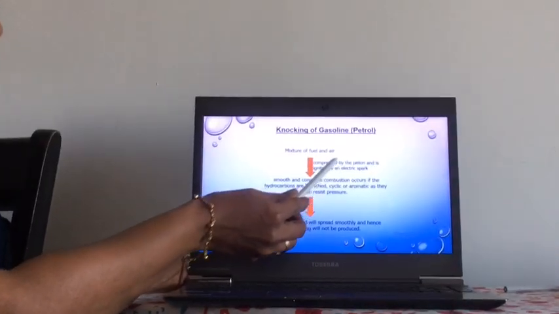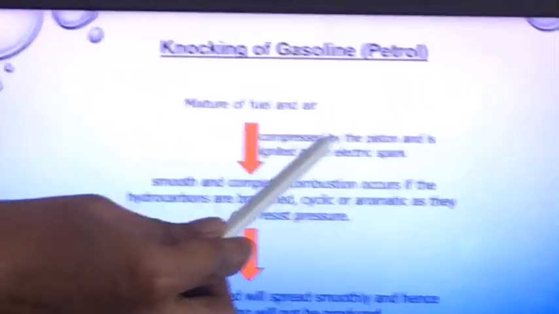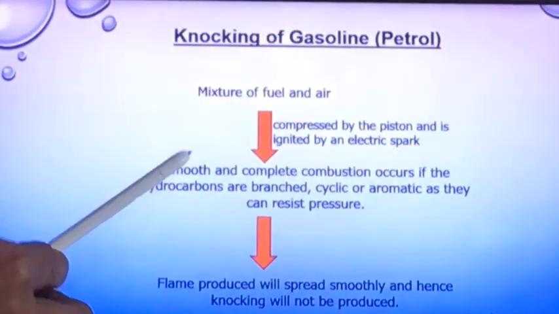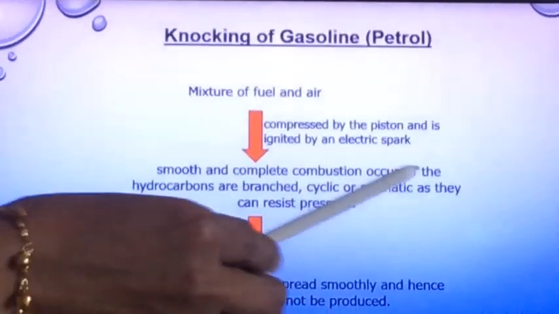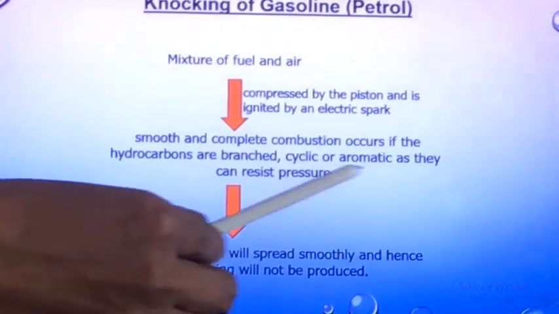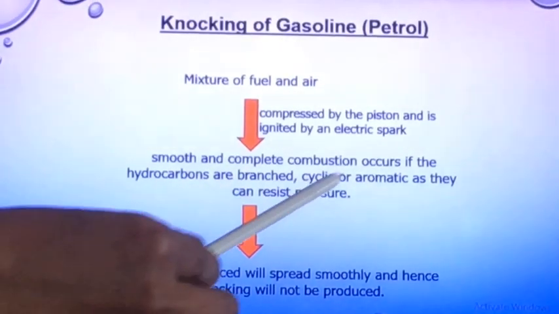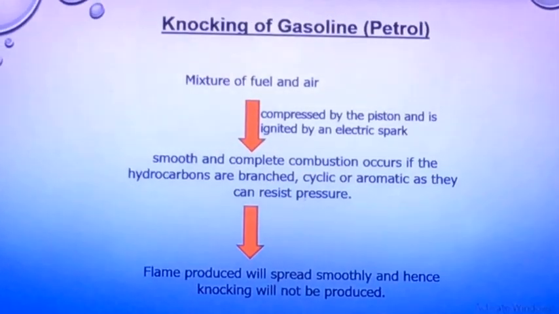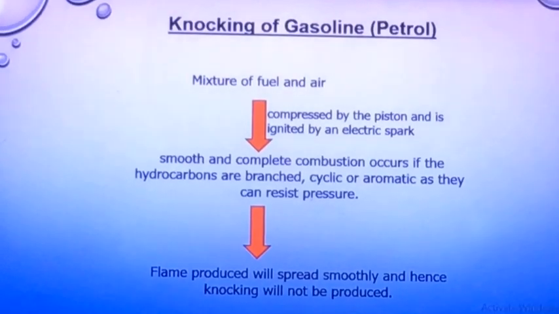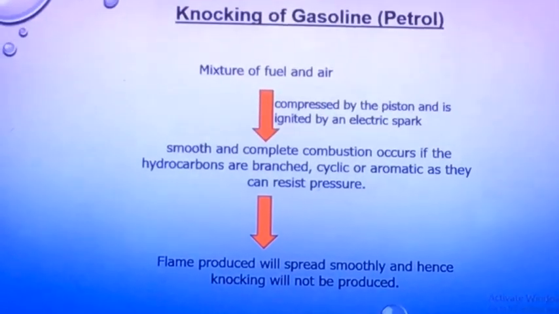So, in an internal combustion engine, the petrol air mixture is compressed first. A mixture of fuel and air is compressed by the piston and ignited by an electric spark. Here, smooth and complete combustion occurs if the hydrocarbons are branched, cyclic or aromatic, as they can resist pressure. All these three types of hydrocarbons can resist pressure during compression, and therefore smooth, complete combustion